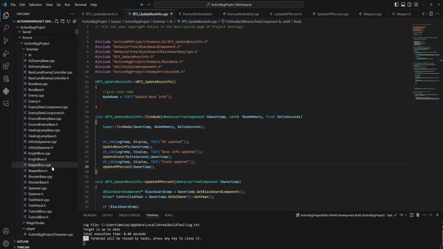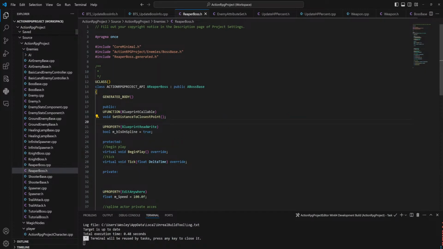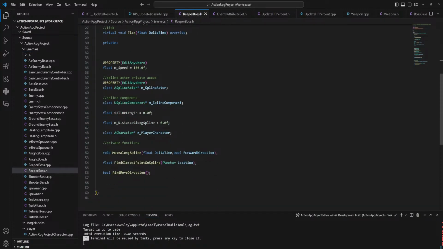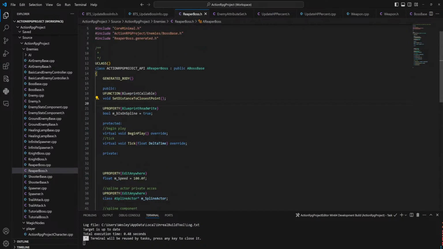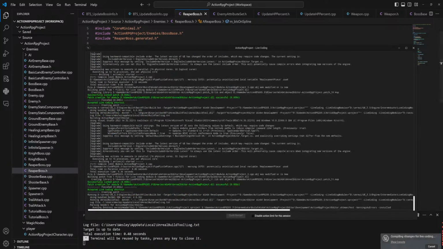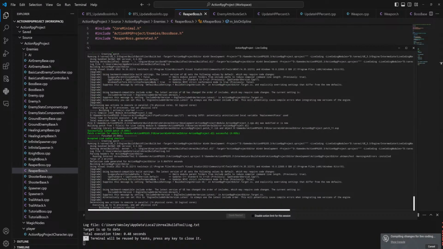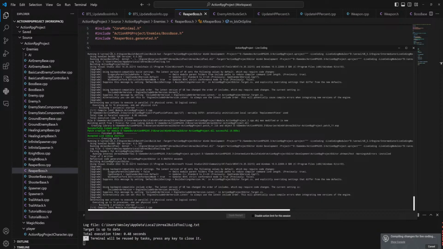A Reaper boss, right on the night boss, of course. Okay. We have a bool somewhere here. Yep, public. B is on spline. Your property, read right. Visible anywhere, pretty please. I want to see what the value of that thing is, because I'm assuming its value is just set to false somewhere for some reason.